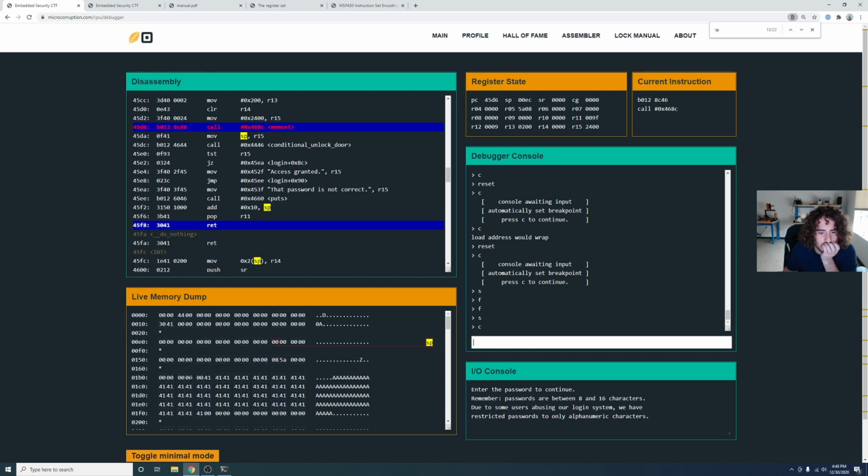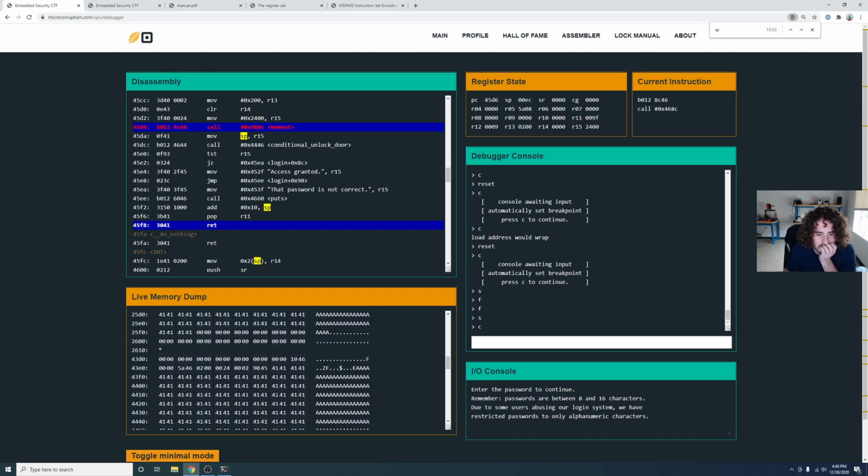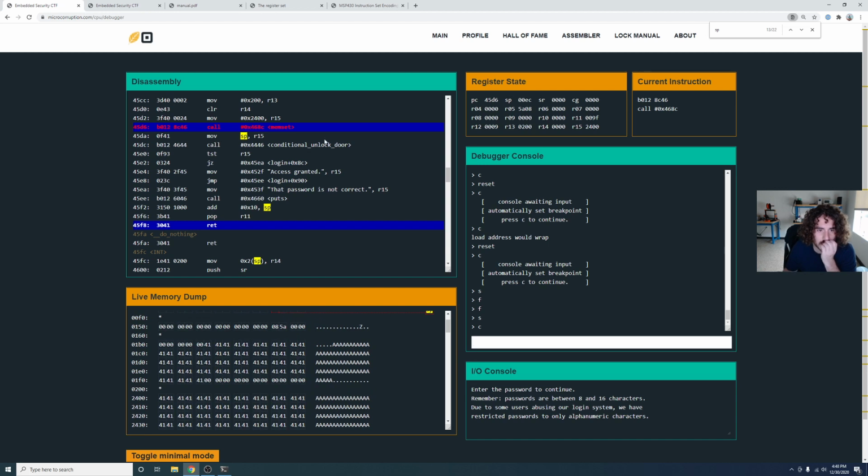So for some reason, this all gets copied up to here, and then this is all in here. And then memset gets